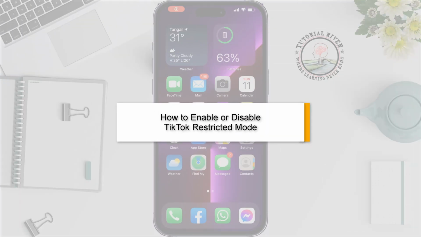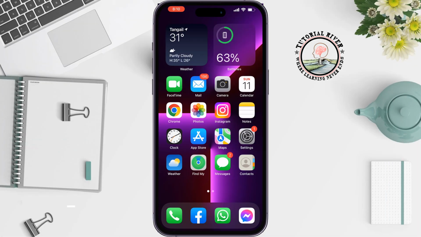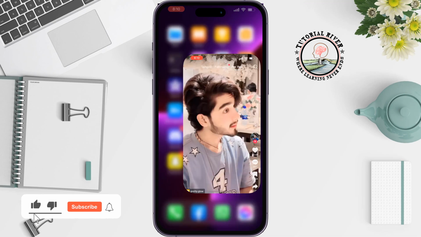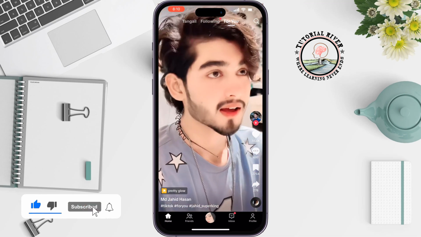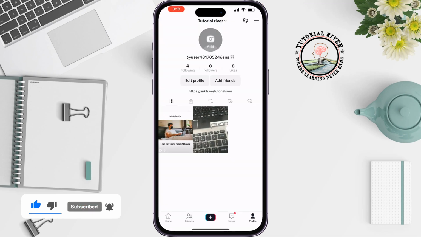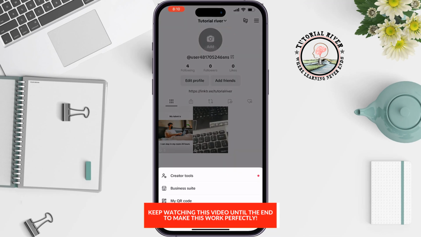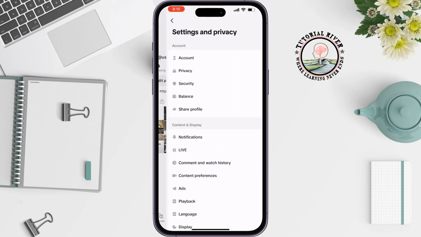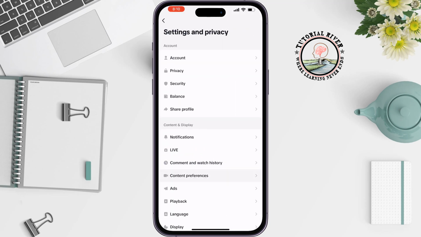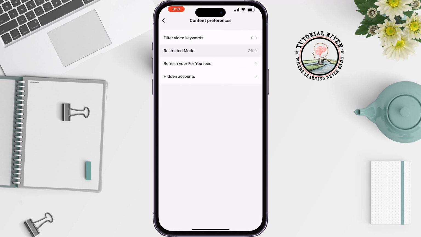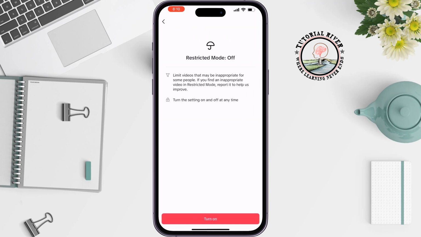This tutorial review will show you how to enable or disable TikTok restricted mode. Open your TikTok app, go to your profile, tap on this hamburger menu at the top right, tap on settings and privacy, tap on content preferences, tap on restricted mode. To enable it, tap on turn on,